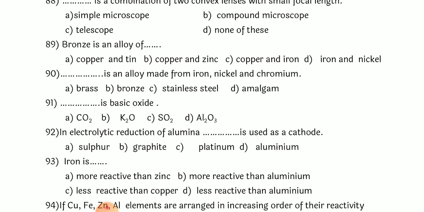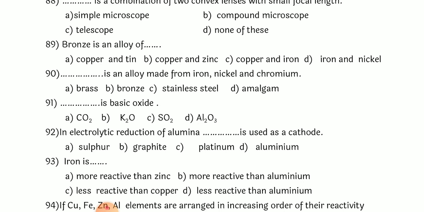Now what do you mean by basic oxides? When these oxides dissolve in water, we have learnt, when oxides of any elements, metals or non-metals, dissolve in water, if they are giving acid or if they are giving base, if they are giving base, then they are called basic oxide. If they are giving acid, then they are called acidic oxide.